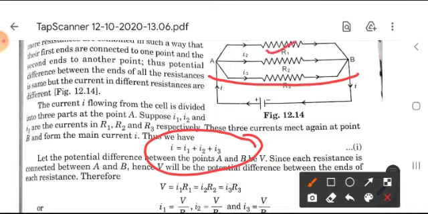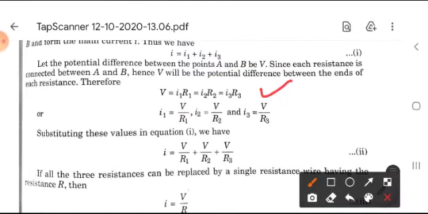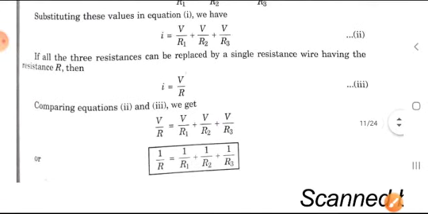In each resistance, currents I1, I2 and I3 pass. So according to the charge conservation law, I1 plus I2 plus I3 is equal to I. After using Ohm's law, V is equal to I1R1, is equal to I2R2, is equal to I3R3. We get the values of I1, I2 and I3 separately. So substituting these values in equation number 1, we get I is equal to V by R, and I is equal to